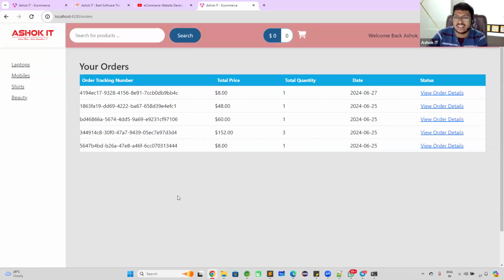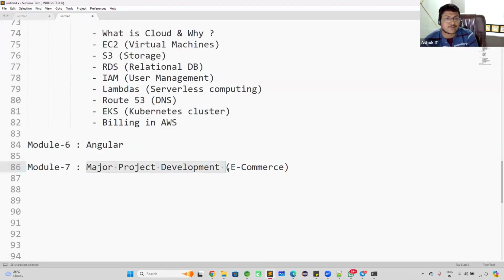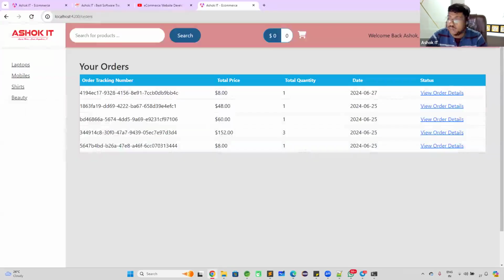You can track the orders and admin login. Reports module will be available. So a lot of things we are going to implement as part of this e-commerce. This e-commerce application is our major project, guys. So after this major project development, by the end of this course, you will develop this kind of e-commerce application